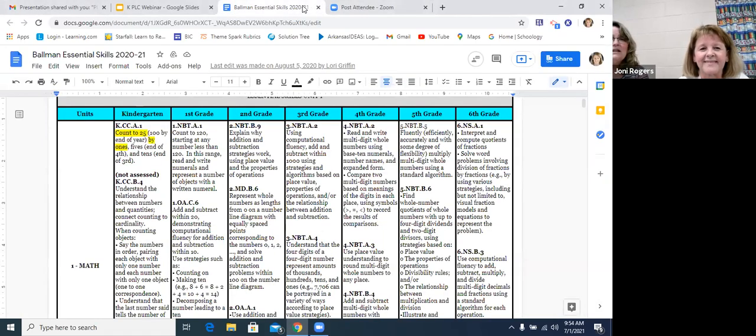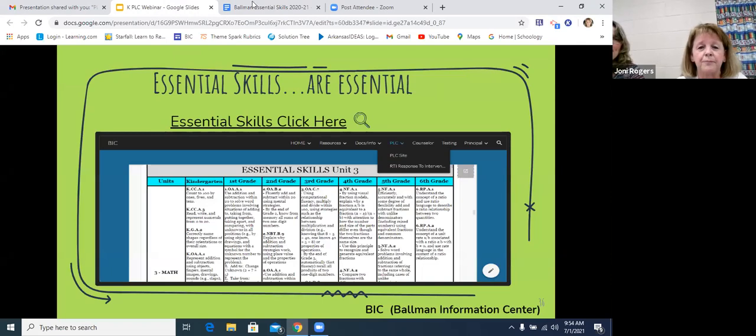So the essential standards at a glance with everybody is a wonderful tool. Yeah, everyone can see what everyone is doing before them or moving them into. So it's very, very helpful.